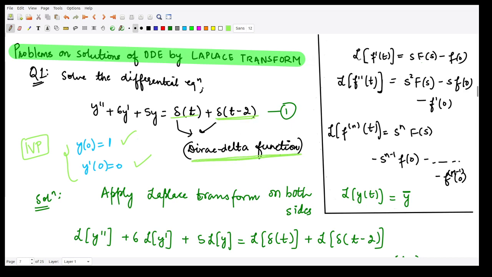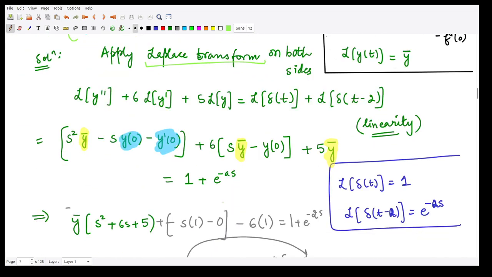Now finding the solution of such equations is not so easy using analytical methods or any other method. So this technique of Laplace transform is very useful in this particular case. So what we are going to do is apply the same steps. That means we'll first apply the Laplace transform on both sides of the equation